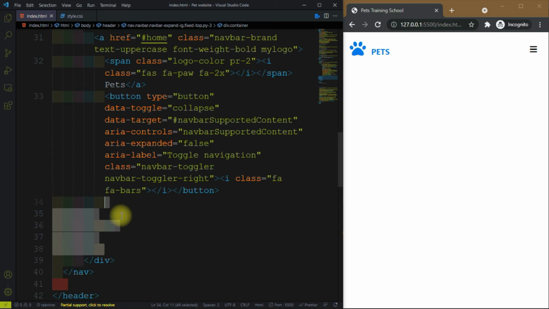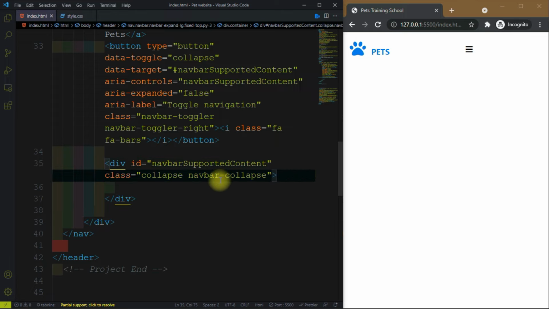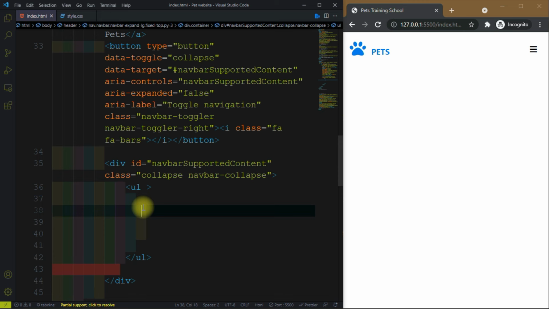After that we need to create a div and give it id equal to navbar supported content. Then give it class equal to collapse navbar-collapse, and a ul tag for the links. Now